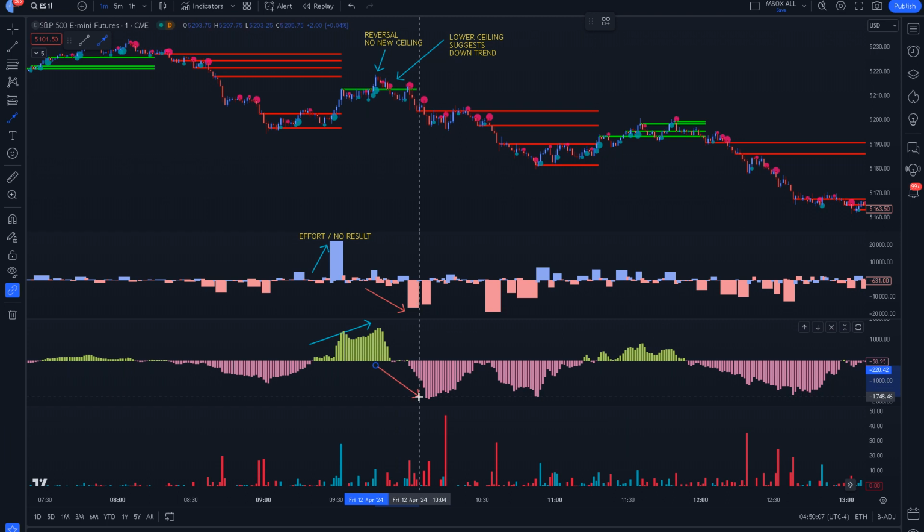And the cumulative delta, we see expansion of selling, and we're getting hit selling here again, and boom, we're going down. And we got the bid control dots. So we got a continuation of the trend here, and there's a lot of entry points. Get entries on the bid control dots